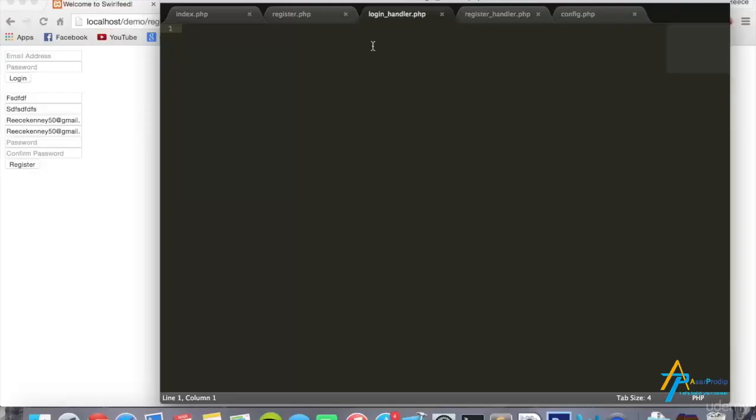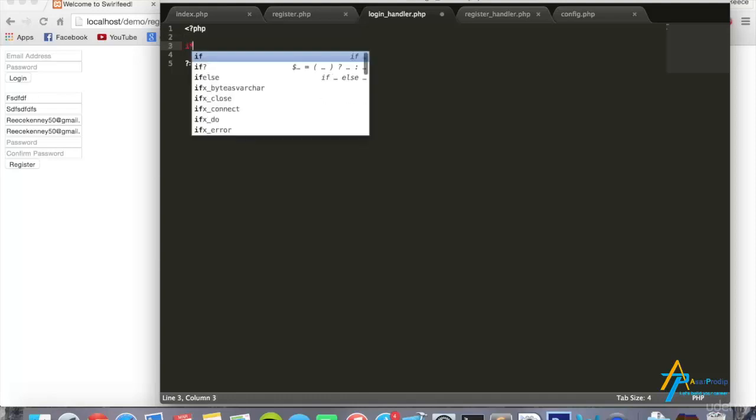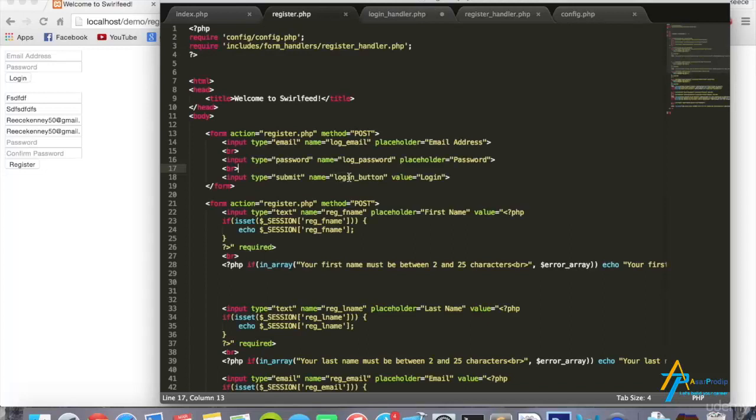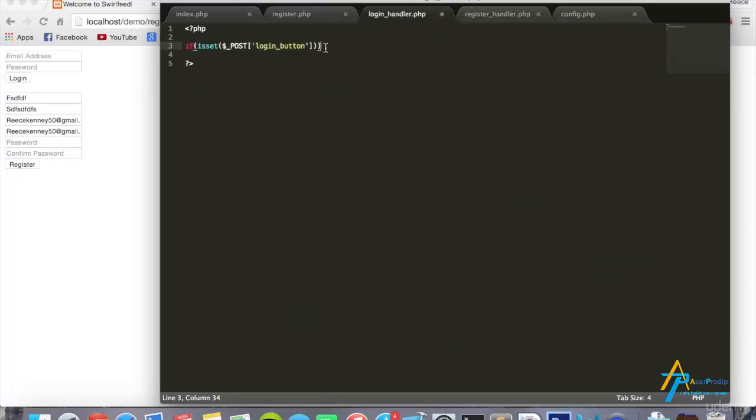Back, guys. Now that we have our actual form in place, we can begin writing the code that's going to handle it. So go to your login_handler.php. Put your PHP tags in, press tab, give some space as well. We're going to say if isset, and inside there we'll put $_POST in capitals, square bracket, single quotes, login_button, because that's the name we gave the submit button on the login form. So if that's been set, i.e. if it's been pressed, inside the if statement we'll put, give some space, email equals